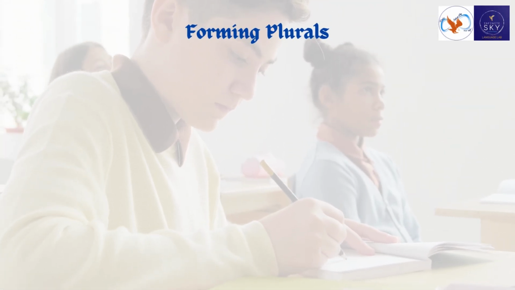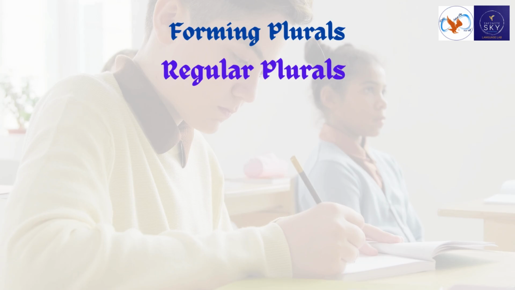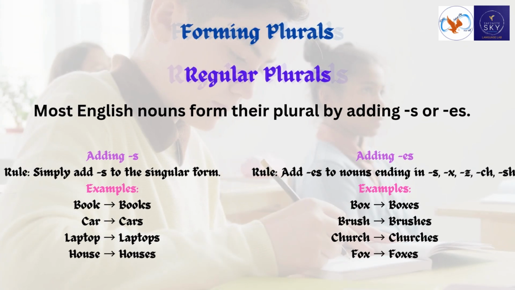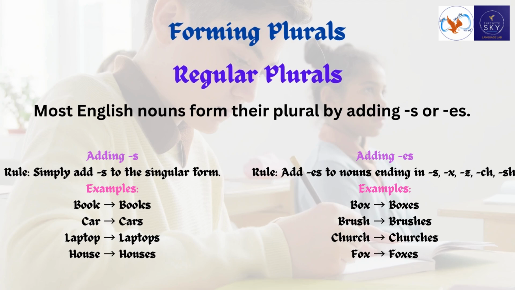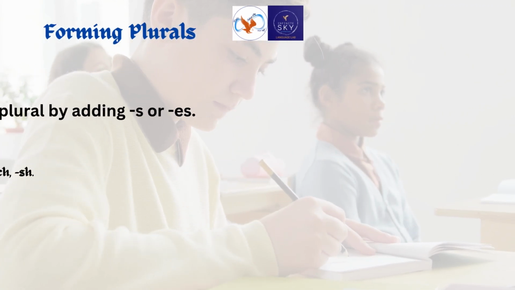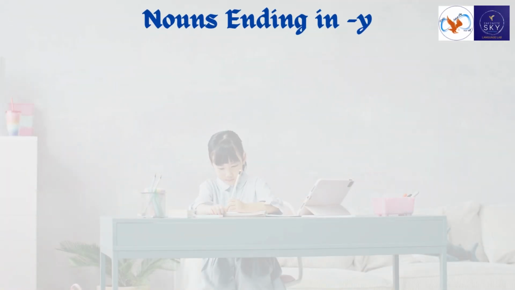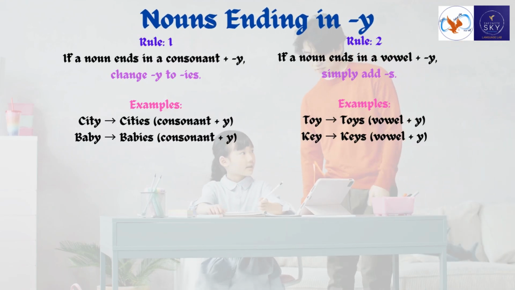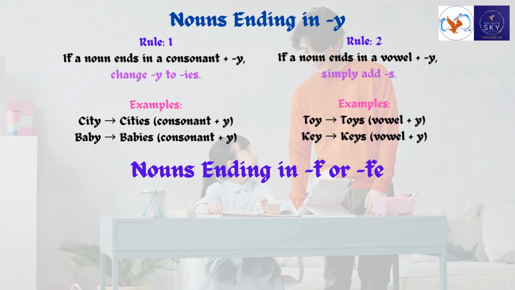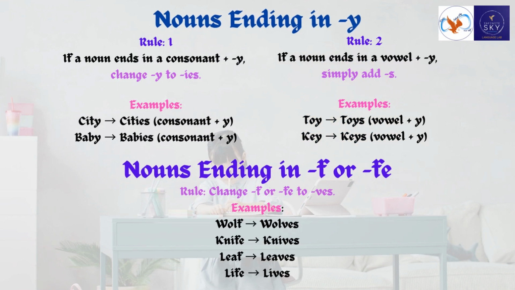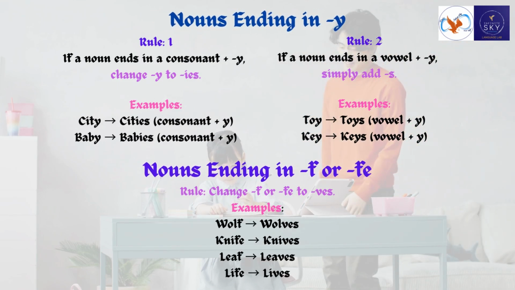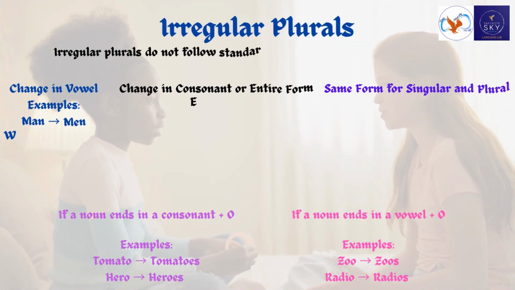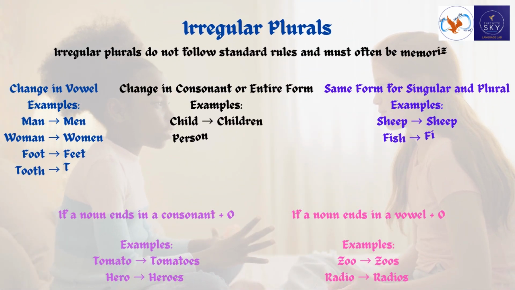Now let's look at how plurals are formed. English usually follows straightforward rules like adding s or es, but we also have irregulars that need a closer look. For example, book becomes books and baby becomes babies by changing y to ies. But then there are surprises like man becoming men and child becoming children. I'll cover all these types so you will know just when to add s, es or use a whole new